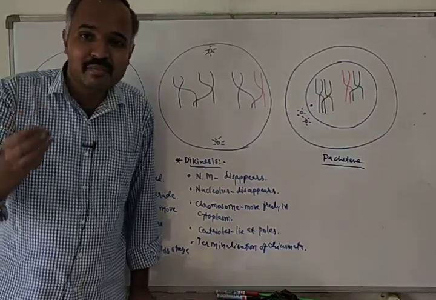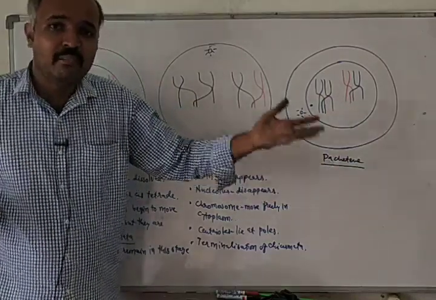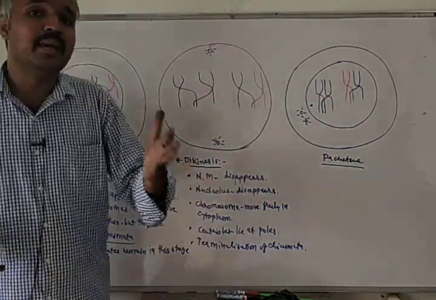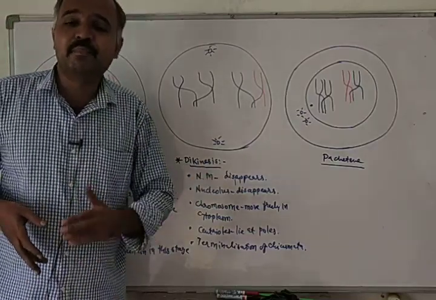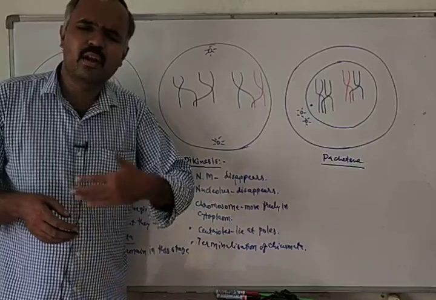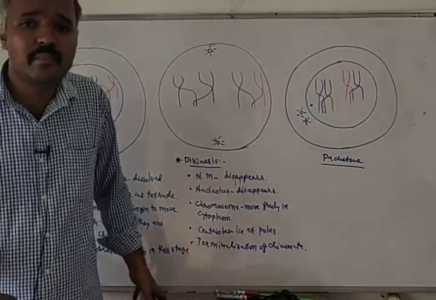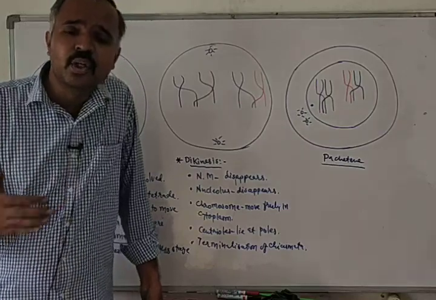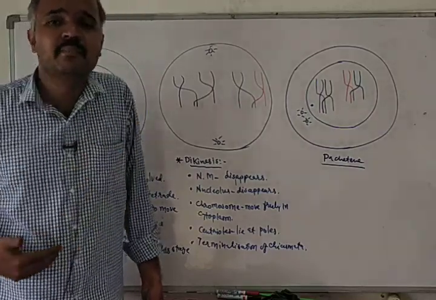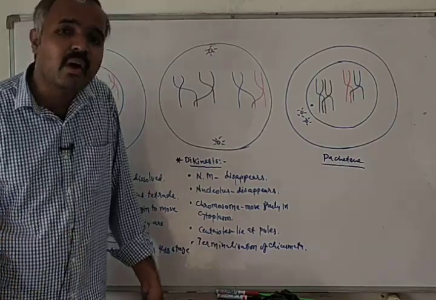You can imagine that meiosis is a very complex process, because we have just covered prophase 1. We are still remaining with metaphase 1, anaphase 1, telophase 1. Then there will be interkinesis. Then there will be prophase 2, metaphase 2, anaphase 2, telophase 2. So many steps are still remaining. We have just covered prophase 1 of meiosis 1, because it is a very complex process.